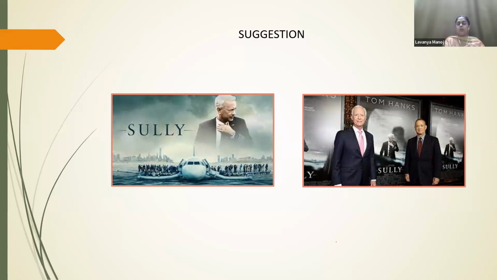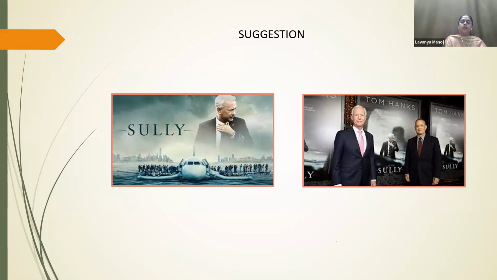So all the customers are safely retrieved by the Coast Guard, the Hudson River Coast Guard. But a probe is being done. Why has Sully decided to land the plane on the Hudson River? Because the airport authorities feel it's very dangerous. If something happens, all the passengers will drown, and there is a chance the plane may explode when it crashes on the surface of the water. They were scared, and they were probing Sully, the main pilot, and the co-pilot about the decision they had made.